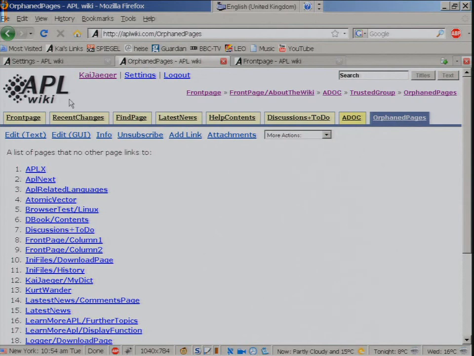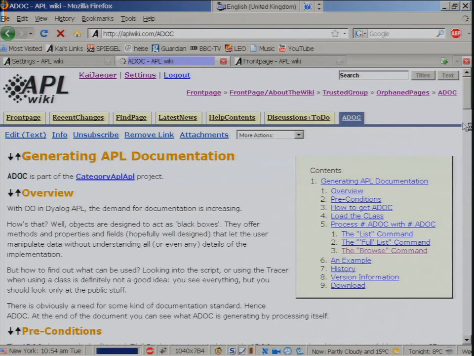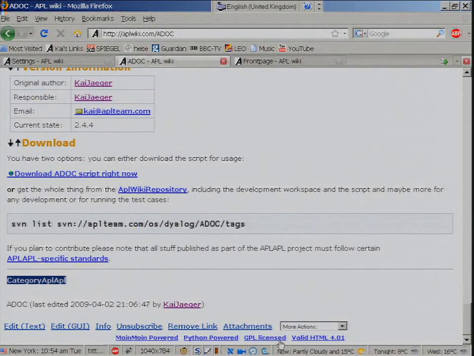Now the beauty about this is, let's display any page which is part of a category. The category definition must be the last one on the page. This is not part of the page, strictly speaking. This is added automatically by the software, so if you edit the page, you won't see this. The last line you will see in the editor is this one. Only then does it become part of the category APL. The obvious meaning of that is, if that rule wouldn't be in place, mentioning the category for other reasons within the text would put the page into that category. Now if I click on that link,